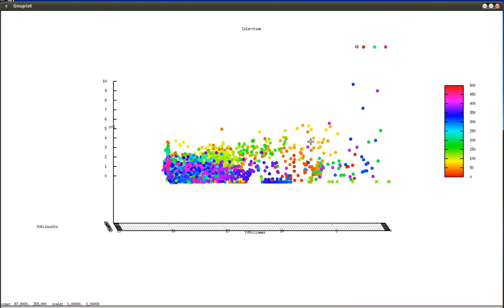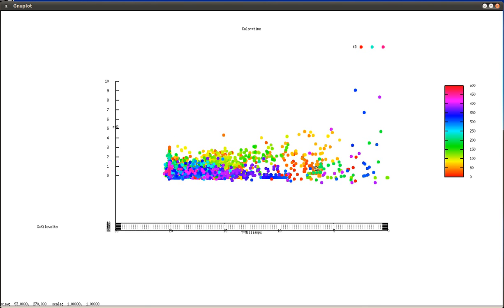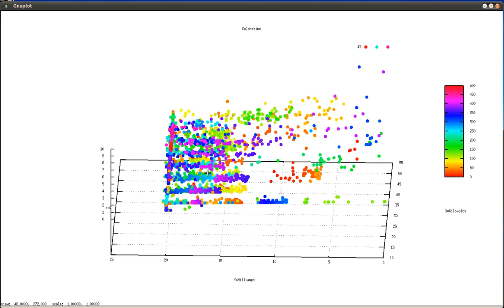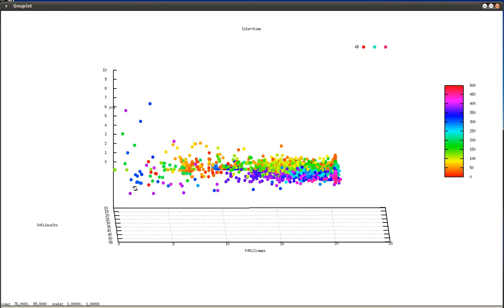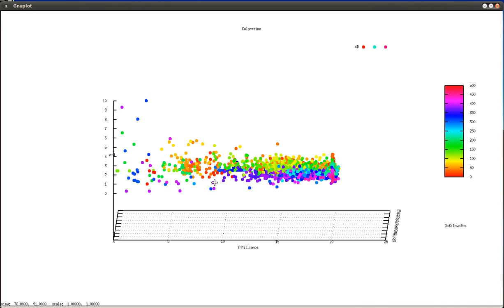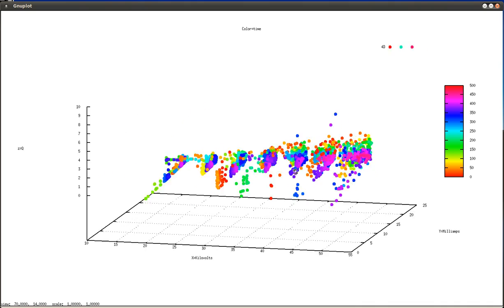So time in the run starts out in this orange, goes through yellow, green, and so on. Here we are looking at it from above, where we can't see Q. But if we turn it around the right way, this is a little tricky sometimes. There we go. We notice that the region here of pretty high Q,